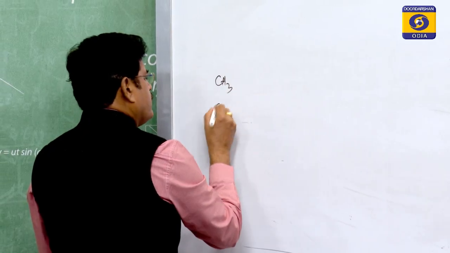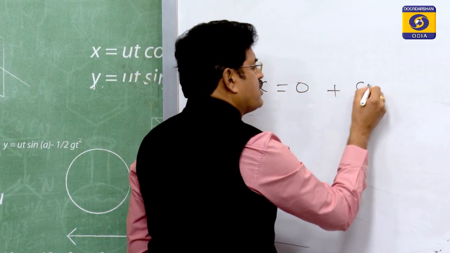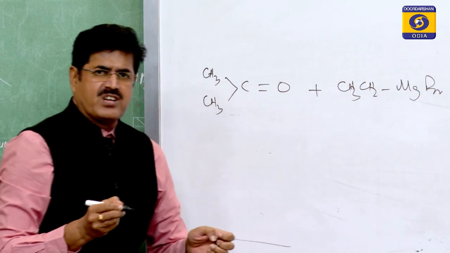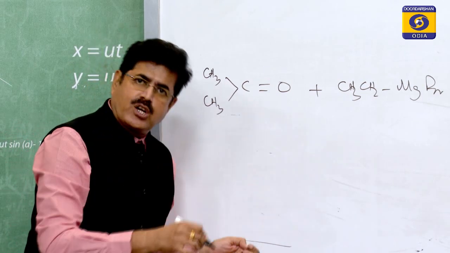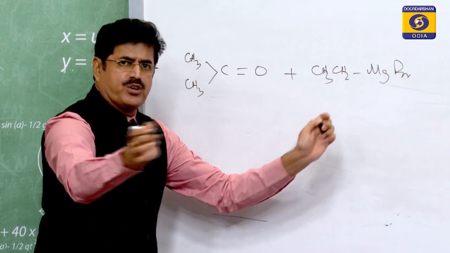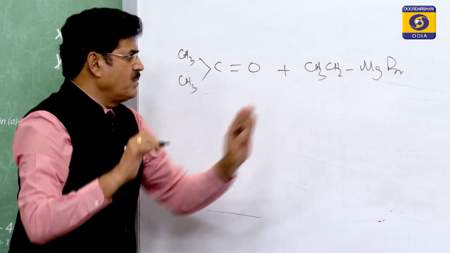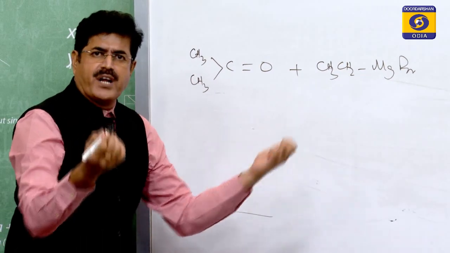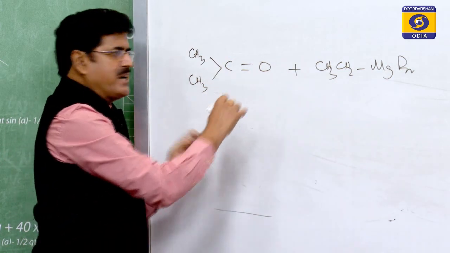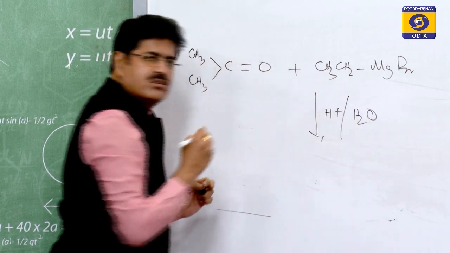This is propanone, common name acetone, treated with ethyl magnesium bromide. What are we expecting here? Tertiary alcohol. First reagent ethyl magnesium bromide, you know the mechanism. I am not going to discuss the mechanism once again here. I will show what the product is, and how the product can be determined immediately. Ethyl magnesium bromide is the first reagent, then it is followed by acid hydrolysis.